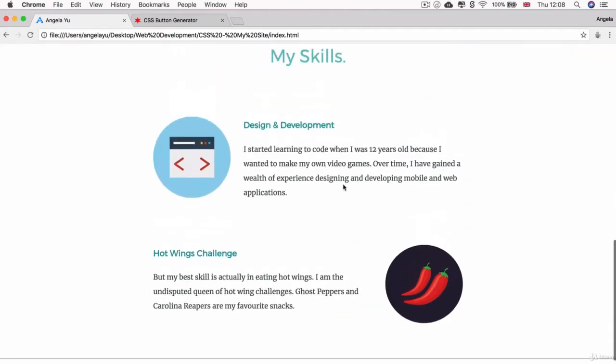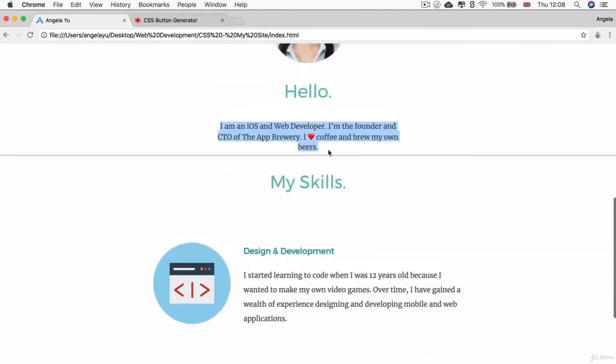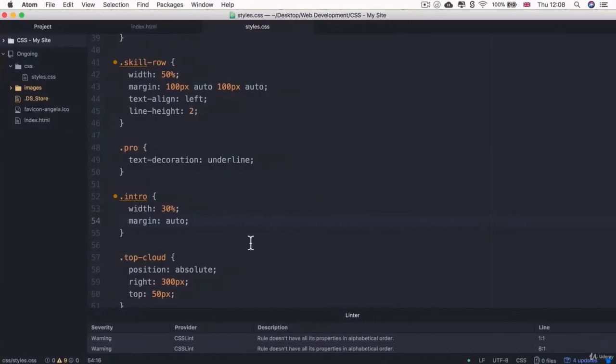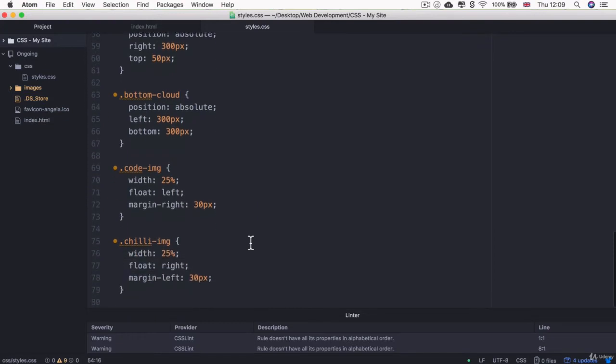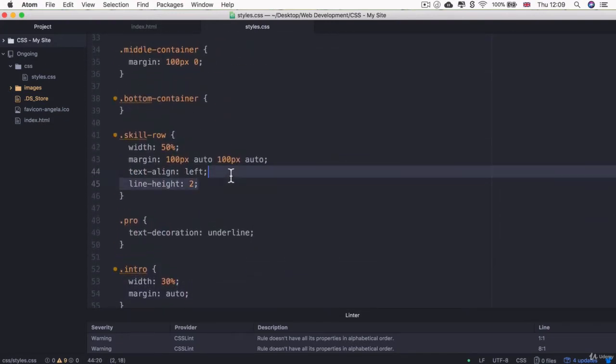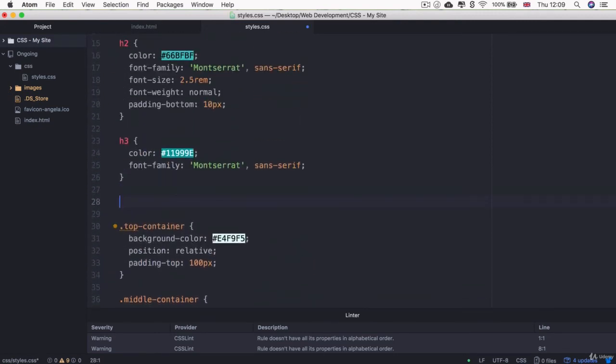So one of the things I added here was to make the line height double what it used to be, and that spaces out the text and makes it a lot easier to read. Now I'd like to do that consistently across my website, so for the intro as well as the other parts of text. So instead of having that line height down in the skills row section, I'm actually going to cut that and add that to a paragraph level